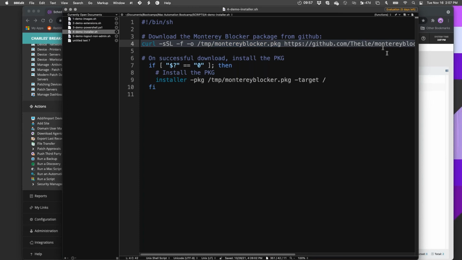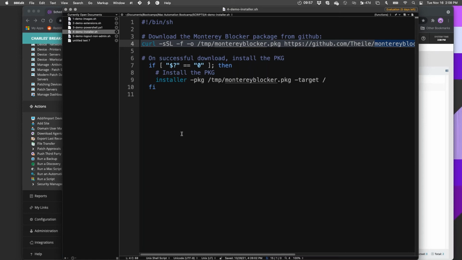And just for reference, what this Monterey Blocker does is it runs on Macs that are running Big Sur, and if the user opens the Monterey installer application, this Monterey Blocker script that's running as a launch daemon, basically sitting in the background and waiting for triggers, will kill the process that is installing Monterey.